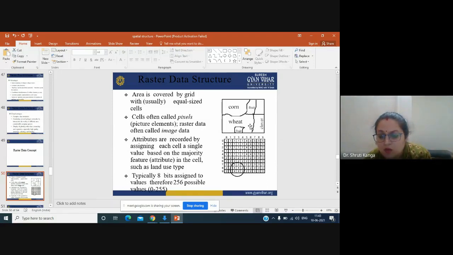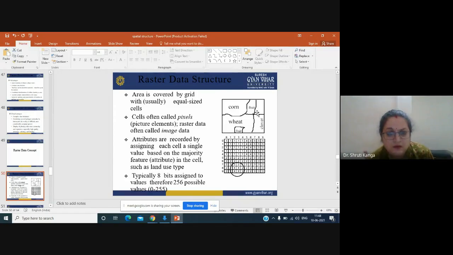For clover, we have stored number 3. For wheat, we have stored number 2, and 5 for the data which is missing or which we don't know the class, so that falls under the other category. So this is how we store the different pixels in terms of their codings based on the different entities.